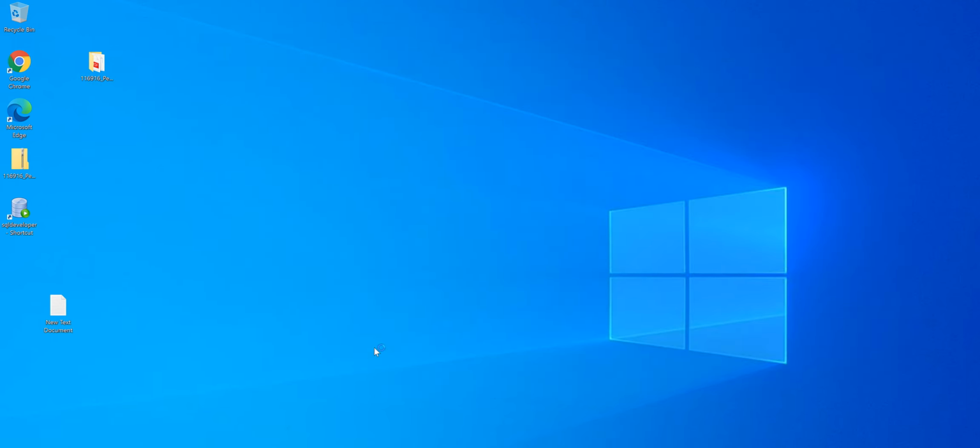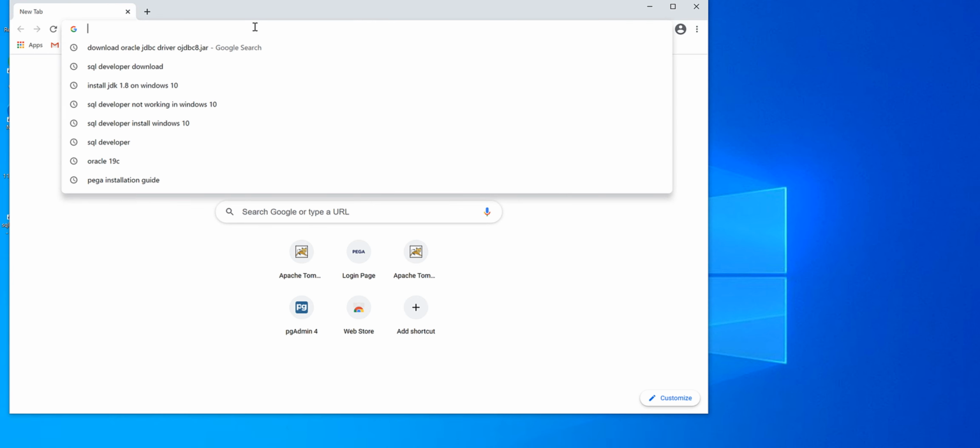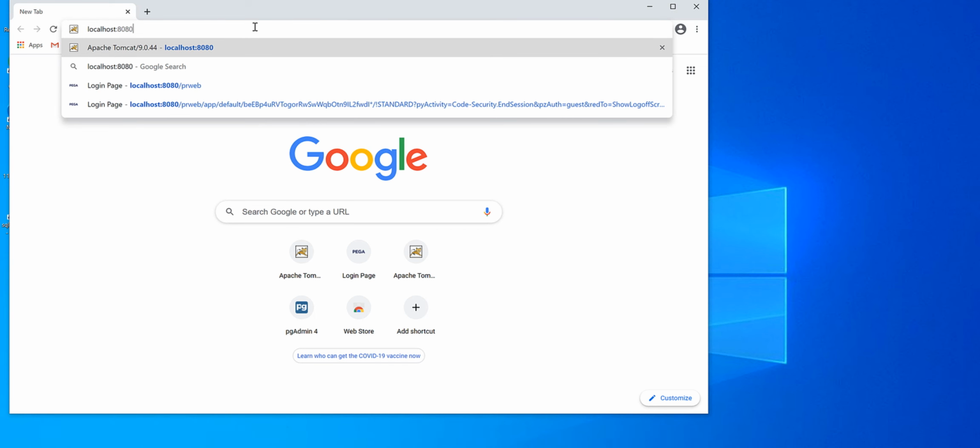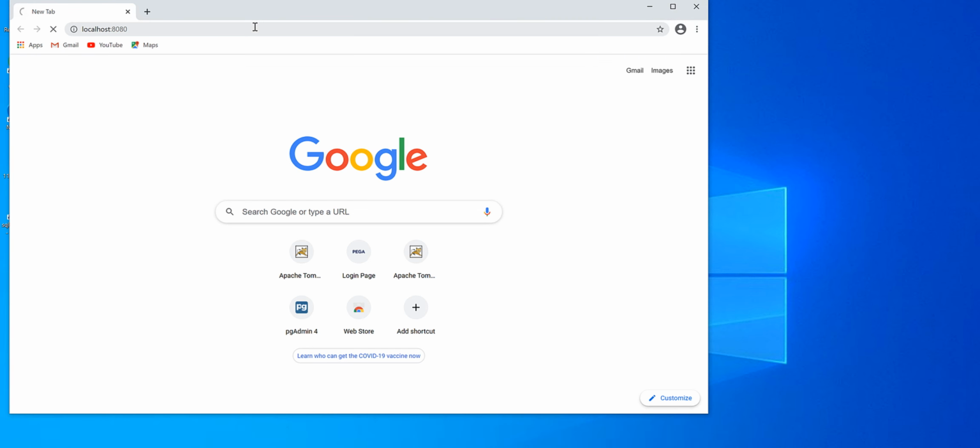Now open your browser. Enter the URL localhost 2080. It will take time to deploy both the prweb and prhelp war files. Mostly it will take 15 to 20 minutes to deploy those two war files.